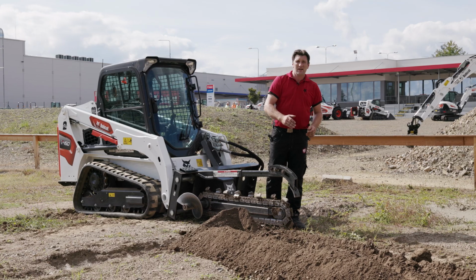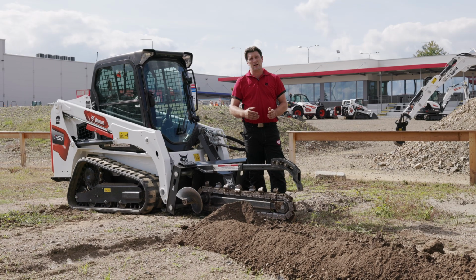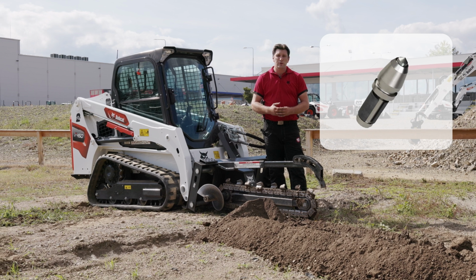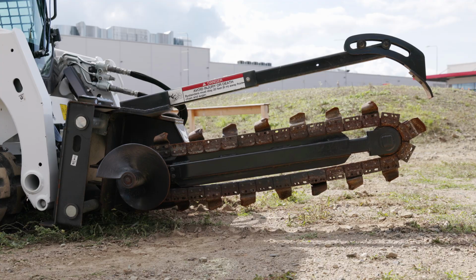So the nice trench is cut in a few moments, and I have two tips for you today. The first one is, when you work in very rocky conditions, use the heavy-duty rock teeth, which allows you to do the job better. And the second one is, when you need to work close to the walls, just remove the side auger, which allows you to